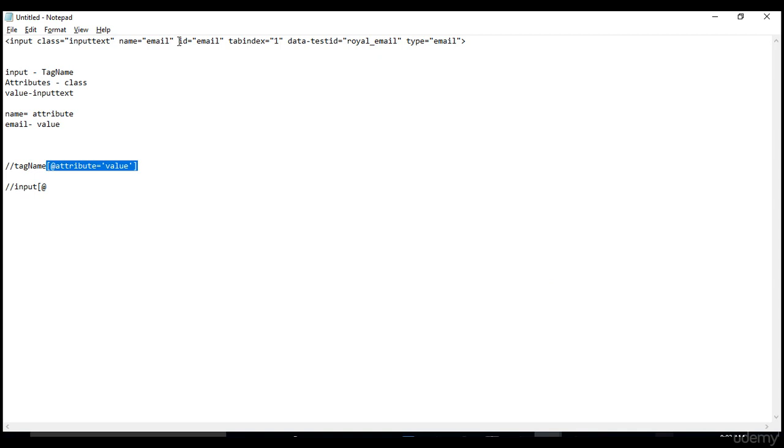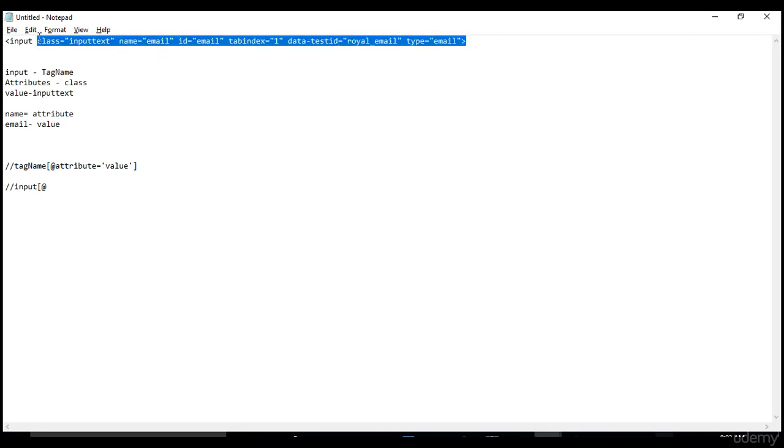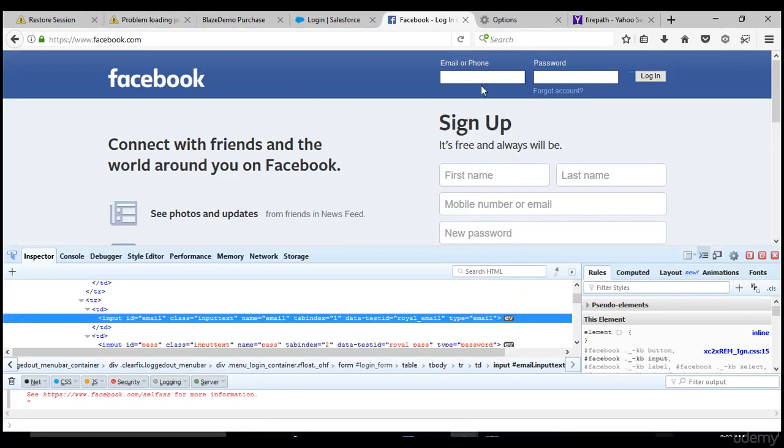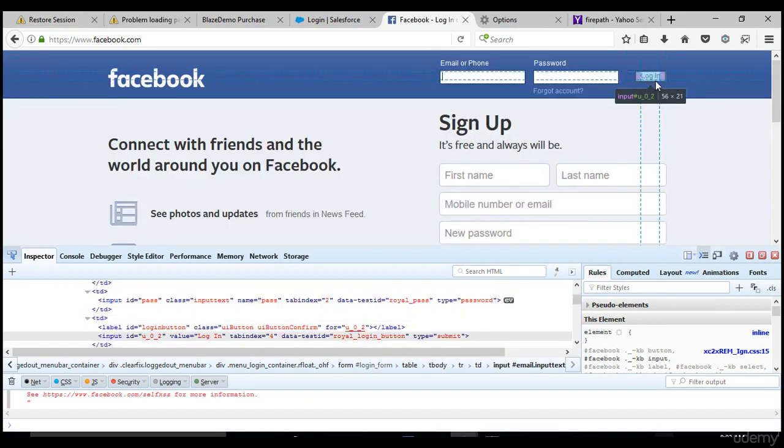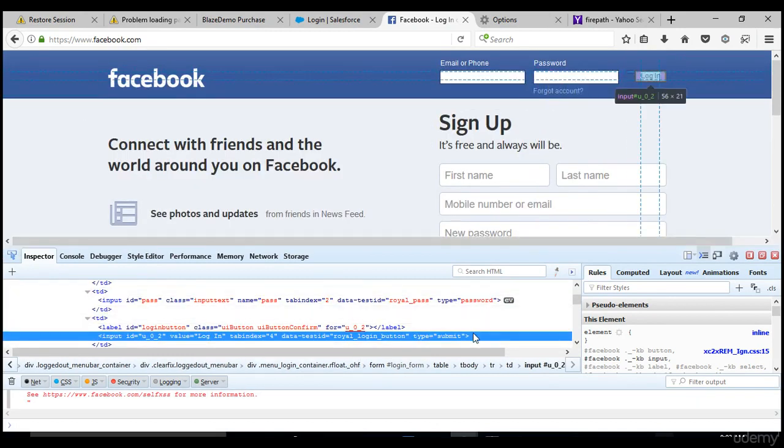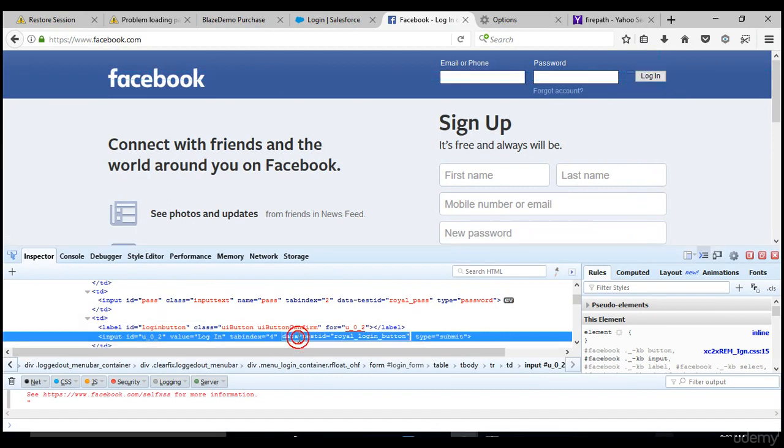There are 6 attributes, I guess, here. So it's up to you which attribute you select. Basically we select an attribute which is unique in its nature. If there is any attribute which is common to multiple fields, we don't select that. Which one do you feel is unique here? The name itself is unique, ID is email. So it seems that all these three are unique things. I remember that earlier we were not able to click on the login button because of the dynamic nature of the ID given. So right now let's try to get the value of it.